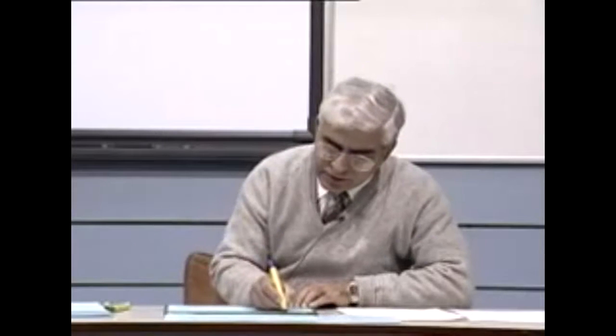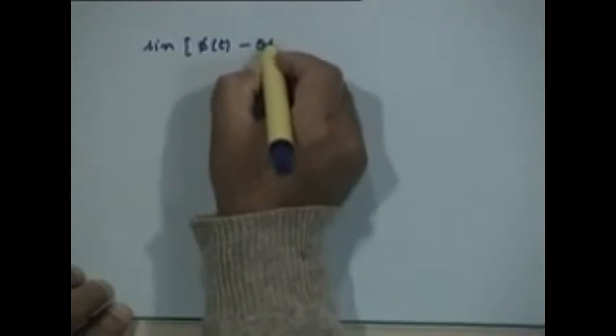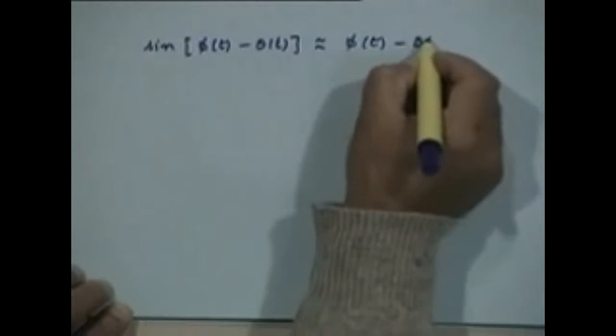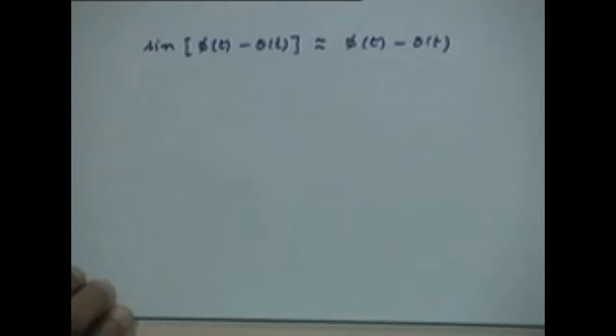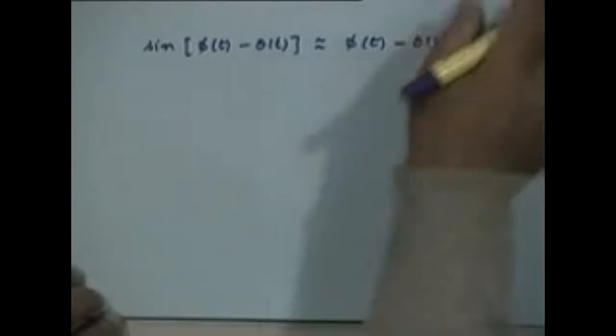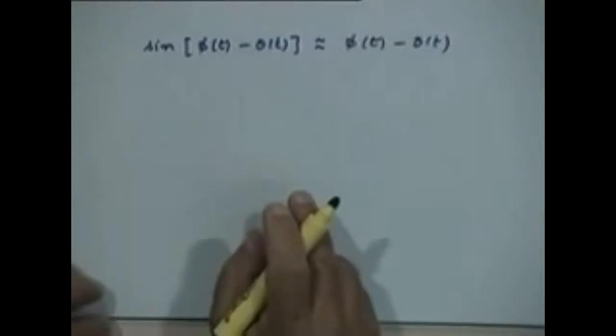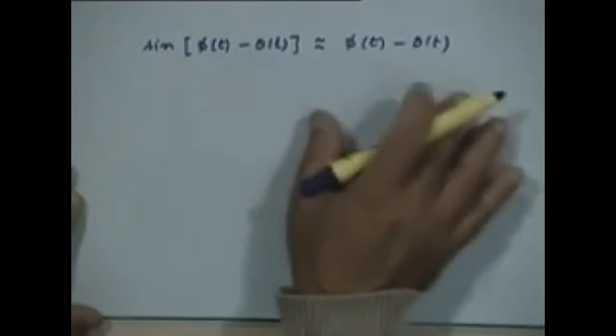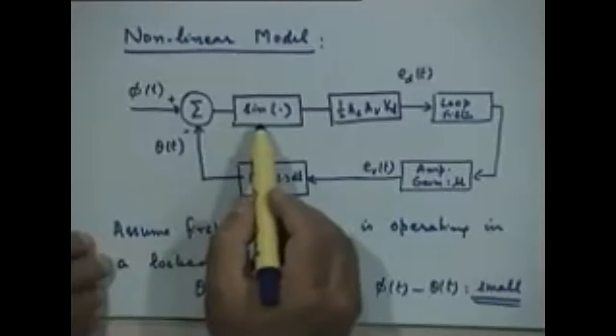And if that is so, we can approximate sin phi t minus theta t by phi of t minus theta t. You agree with that? Assuming that this is small. Now, when the loop is not in lock condition, we cannot say that, because this may be considerably large in that case. So, when the loop is not in lock condition, this approximation cannot be used, but when the loop is operating in the lock condition, it is convenient to use this approximation, because what it will do is it